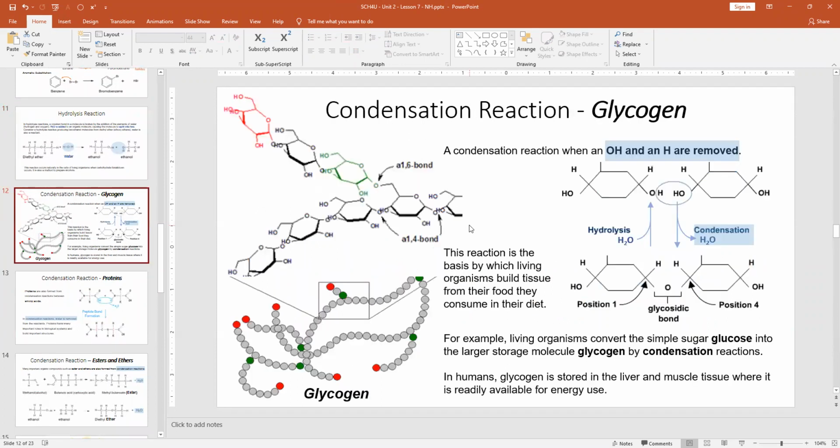Then let's talk about condensation reactions. A condensation reaction is where you